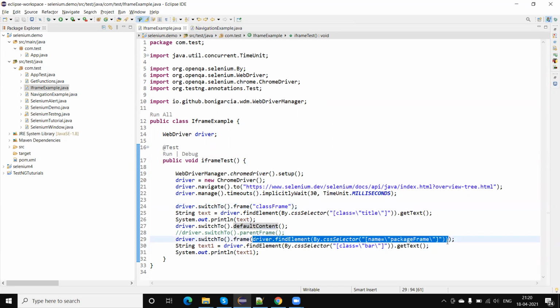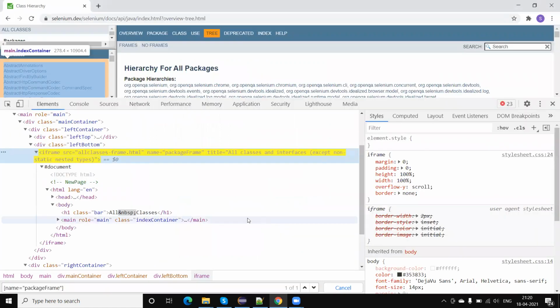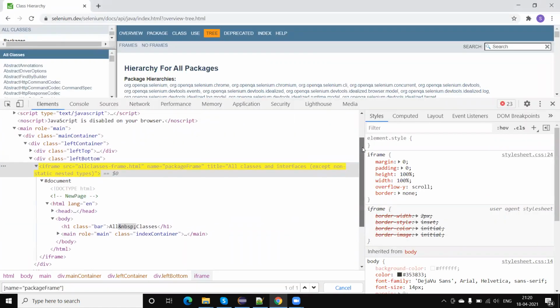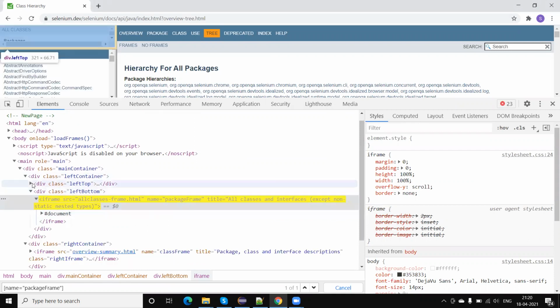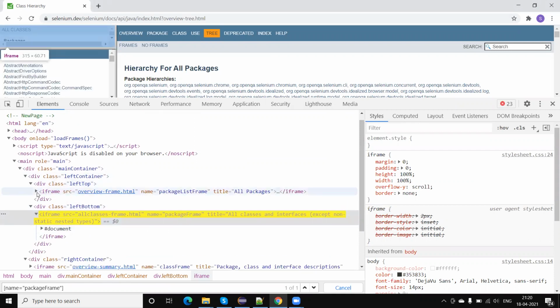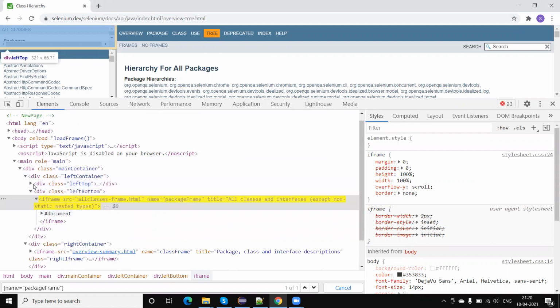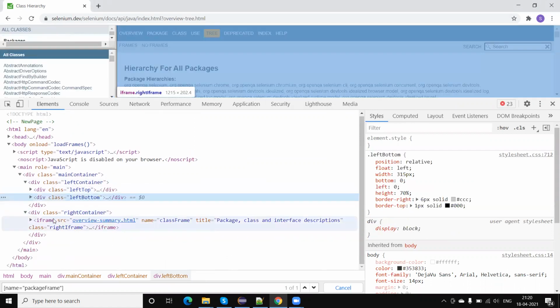And one more thing, we can also pass the iframe index number. Index number is just the position of the frame. So if I talk here about the frames, this is the first frame, similarly there is another frame, that frame is coming here, first frame, second frame, and this is the third frame.